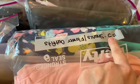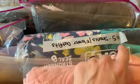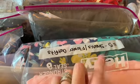But then I've got, this is one day, and I'm kind of looking at this backwards, but on the front, I have which number it is. And that doesn't have to do with days, really. I thought that I would have to pack my own Ziploc bag, and to match the kids, I was going to match the numbers, but I didn't end up having to do that. So I just have a little mini